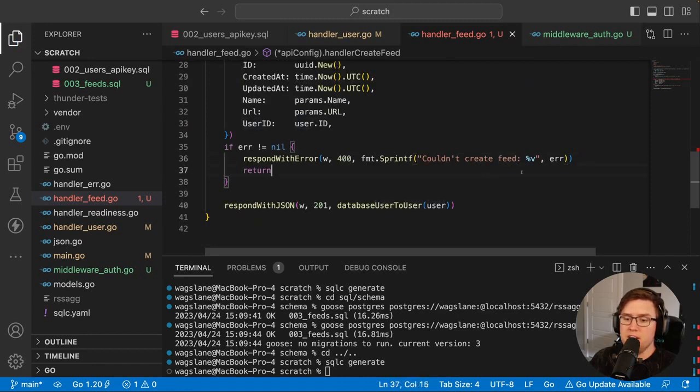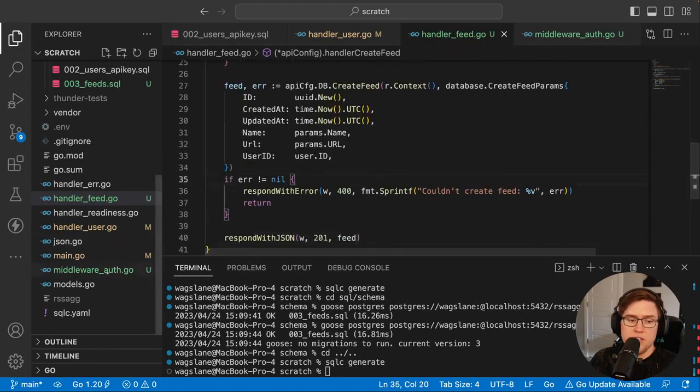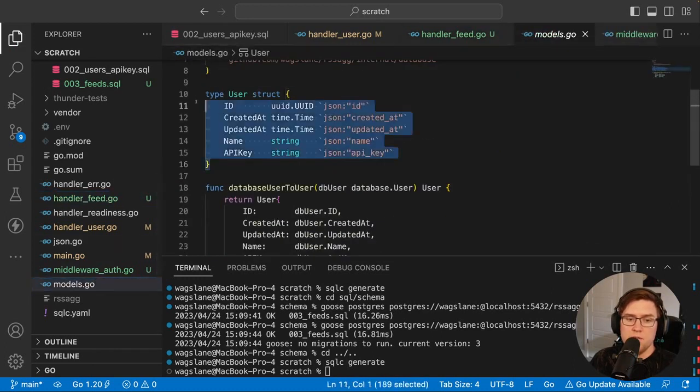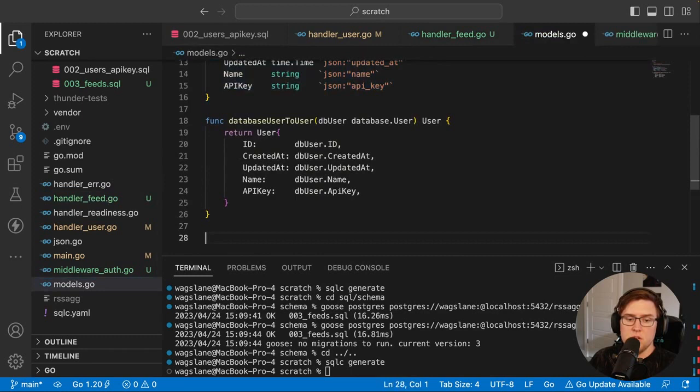Now, at this point, we have a valid database feed. We should probably update this variable so that it actually says feed. And we want to return it in our HTTP response. Trouble is, remember, we don't want to just directly return the struct. Let's go create a new model for a feed. So we'll do type